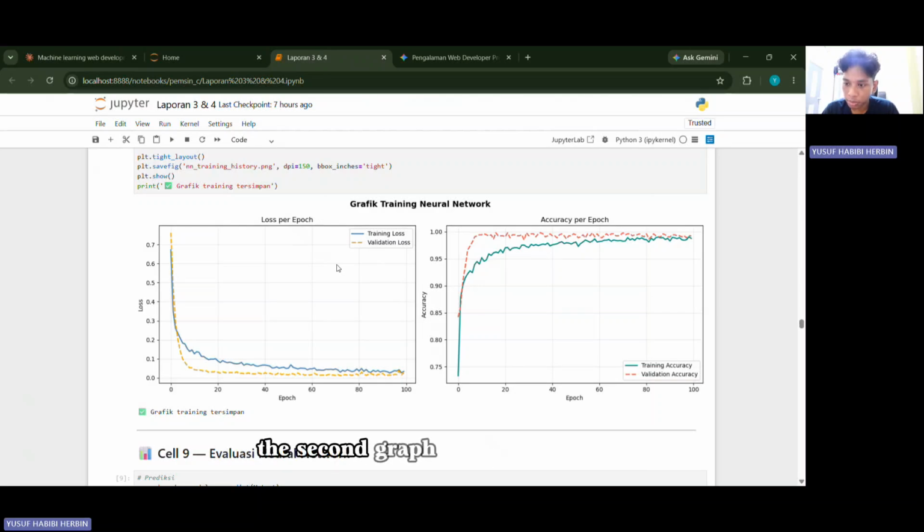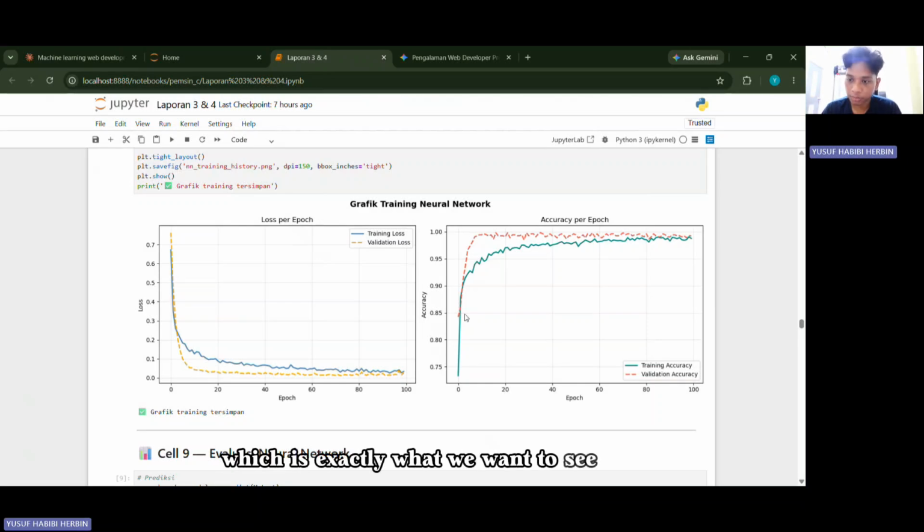The second graph shows accuracy over epochs. If both lines go up together and stay close to each other, the model is generalizing well without overfitting. From our result, the loss went down and accuracy went up, which is exactly what we want to see.